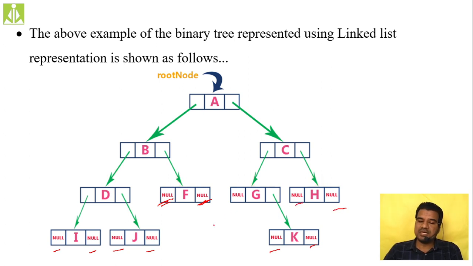So these null pointers will become the terminating points. I mean, from the root, if we start the traversal, at some level we have to stop the traversal, isn't it? And we stop at the leaf node only. Then how can we frame the condition to stop the traversal? Simply by making use of these nulls.